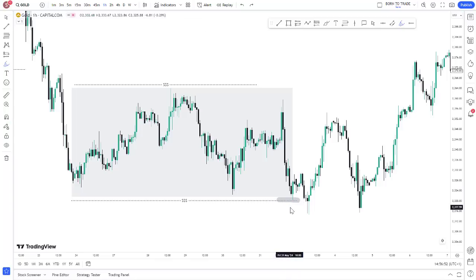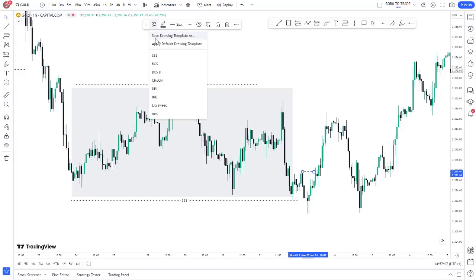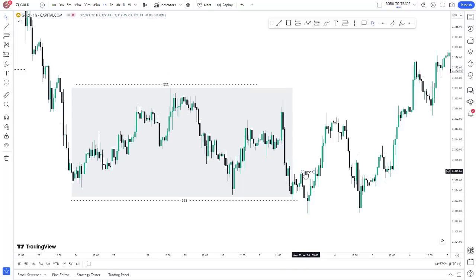Now what else are you going to look for? You're going to look for the initiation phase. Now after the liquidation phase, we see how price initiates the upside. I hope you can clearly see the initiation phase, and you see it has a lot of bullish candles, and some of these candles are large, which is something we said we want to see in the market. And after that, what can you clearly see? The initiation phase actually gave a market structure shift. That is more like an internal market structure shift at this particular area.